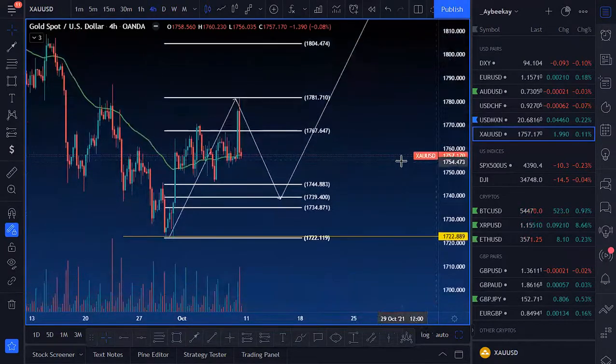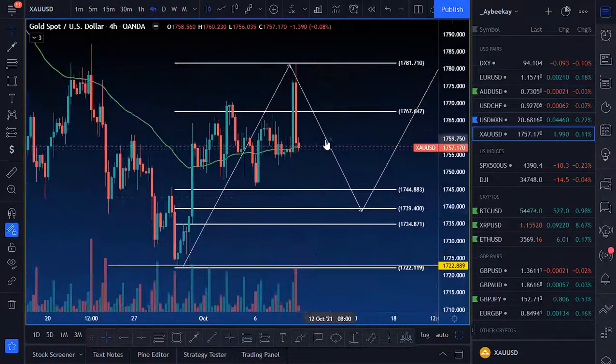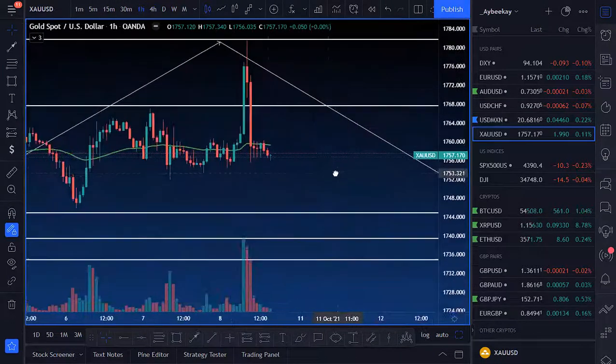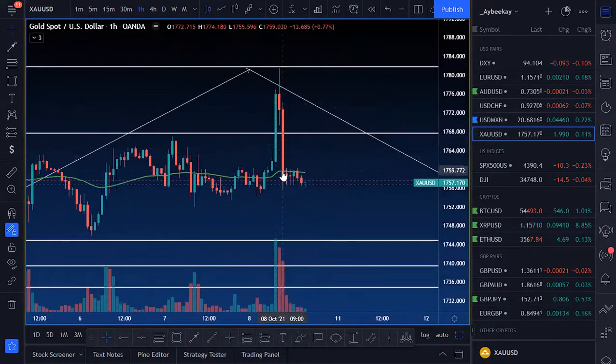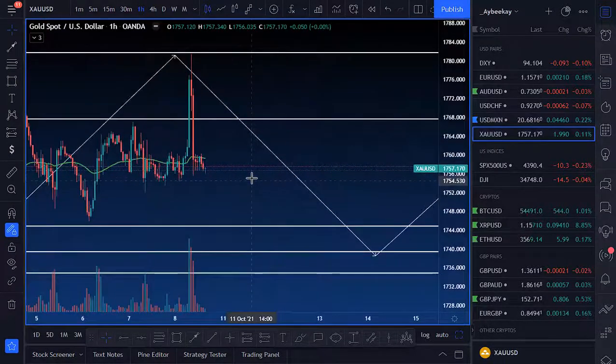But again, just based off of the way the daily closed and the way this 4-hour candlestick looks, like it just said, oh, I'm here to grab your lunch money, and now I'm about to fall right back down into the range where I literally took off from. It's done a 100% retracement. For those who have been following my analysis for a while, you know how I feel about those 100% retracements, especially after something like this happening so fast. And this looks like the evening star to me, right?